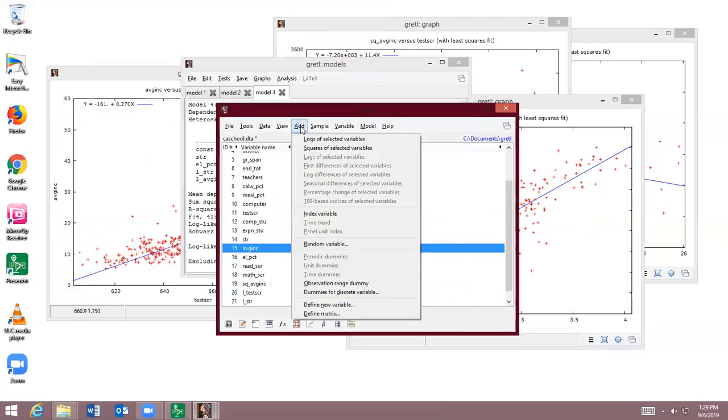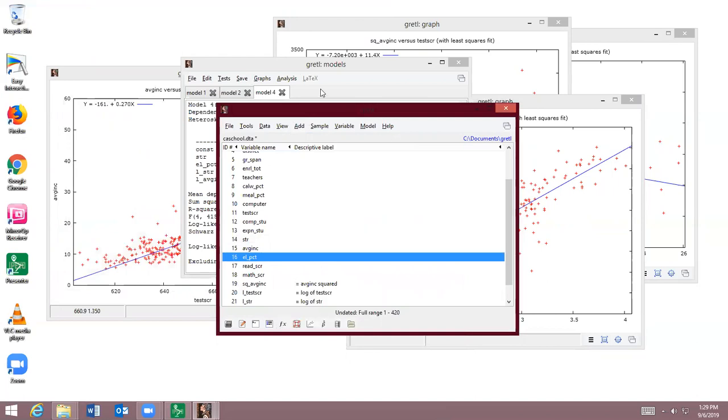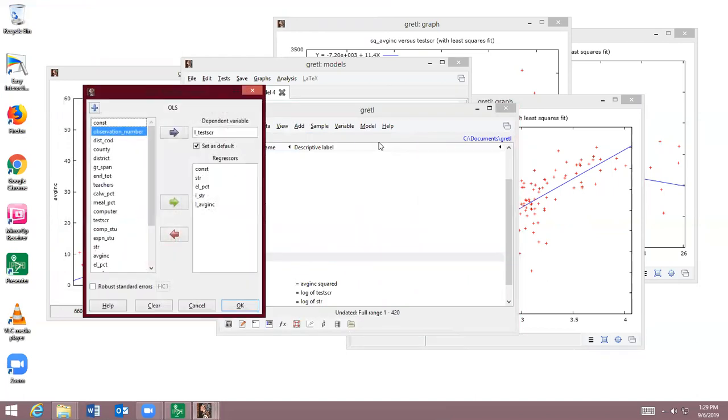I think part of it's because, let's define a new variable. Let's do an interaction variable, and this is equal to student teacher ratio times English language percent. So I think as your English language percent increases for different student teacher ratios, it's going to have a different impact, right? If you have a small class and there's an increase in the number of students that are learning English as their second language, that's going to impact things differently than if you have a large class, right? And so the way that we factor that in is we multiply them together, make an interaction term, and regress